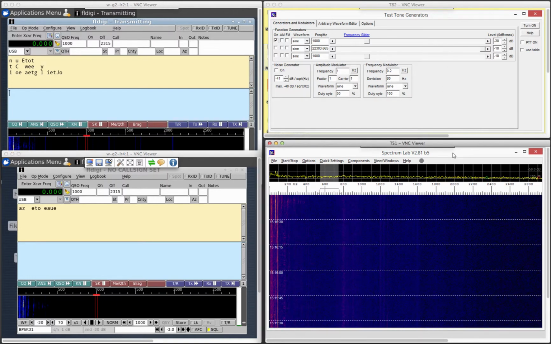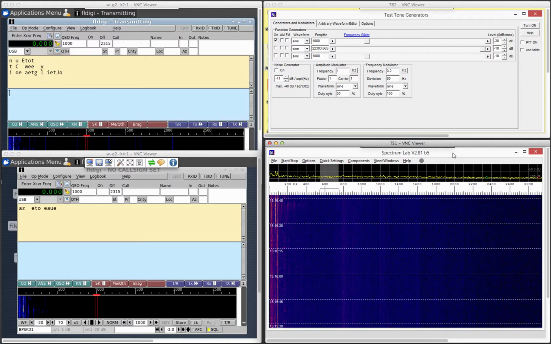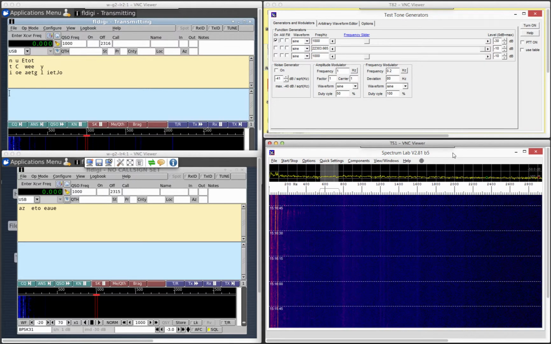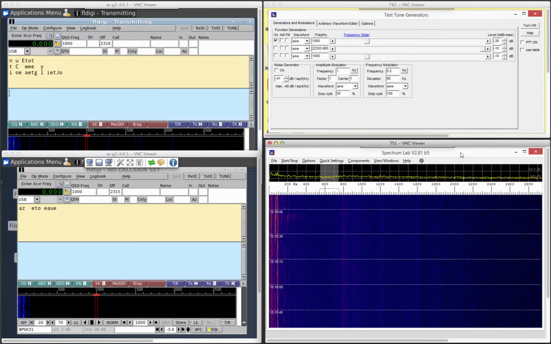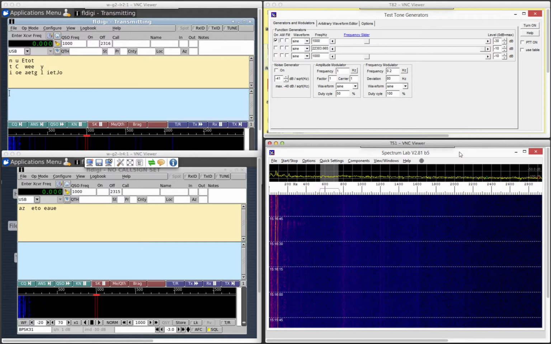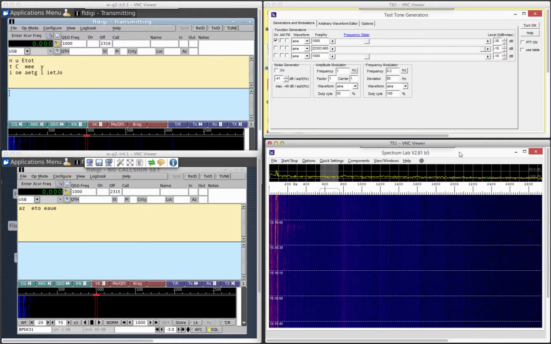The bottom window is the 4th laptop. It's a Windows laptop running software called Spectrum Lab, and we're using the Spectrum Analyzer and what's called a waterfall